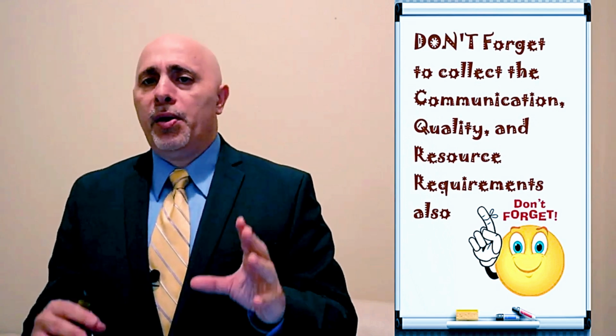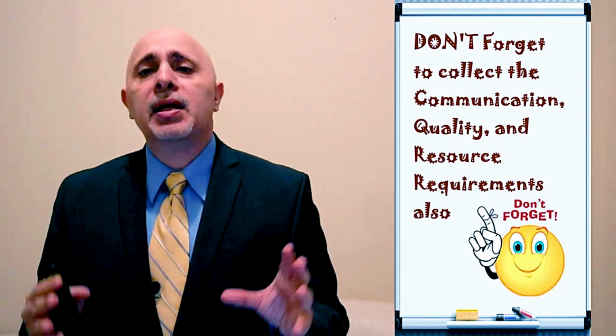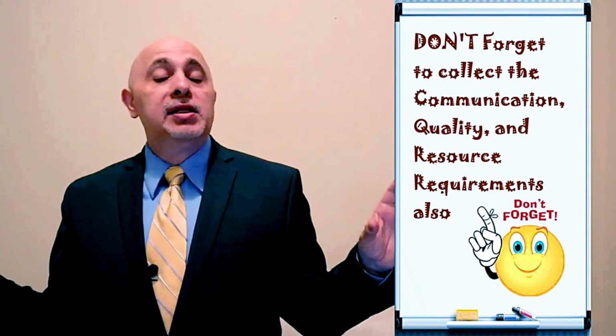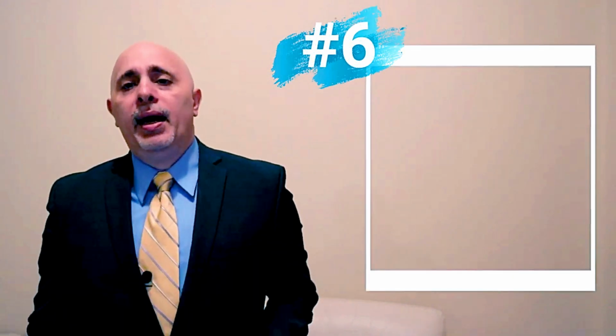Don't just focus on the final product, the physical product. Think about what it takes to actually manage this one project. These are called project requirements. So we have the product requirements, that's what the product needs to have for specifications. And we have the project requirements or project management requirements, which could be resources you need, research that you have to do, meetings that you've got to run, and so on. So these are your project management requirements. Collect all of these requirements and go to the next step, which is step number 6,